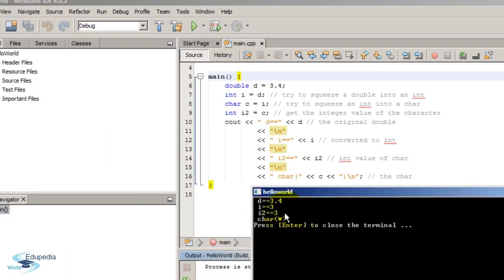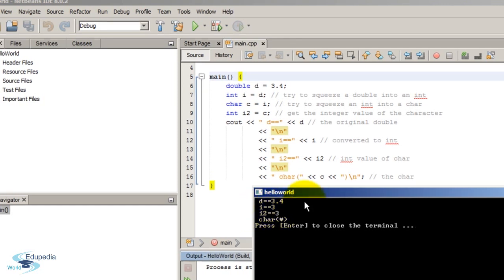In the output here, for the variable d, we got the actual value 3.4. For the variable i, it is only capturing the integer part. In the narrowing down process, it has lost the decimal part. Now I'll go for the fourth output. It is trying to output the character value of the integer value 3. It's a heart symbol.